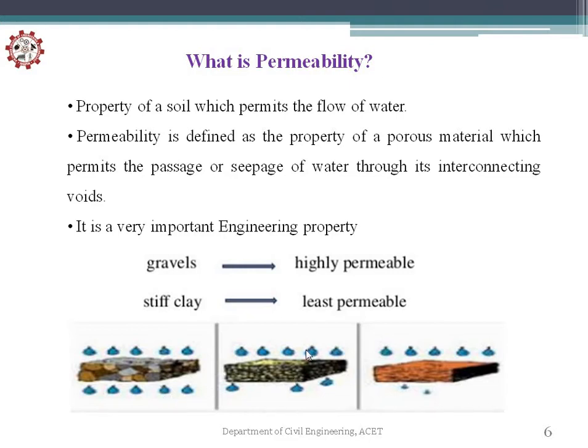Here if you can see again, if it is a silty soil and water is poured, the water coming out in the time required is less. Again here also, if you pour water, then the water coming out is less when it is a clayey soil. So simply it is said that if it is a non-cohesive soil like gravels, then there is a high permeability level, and if it is a cohesive soil, then the permeability is less.